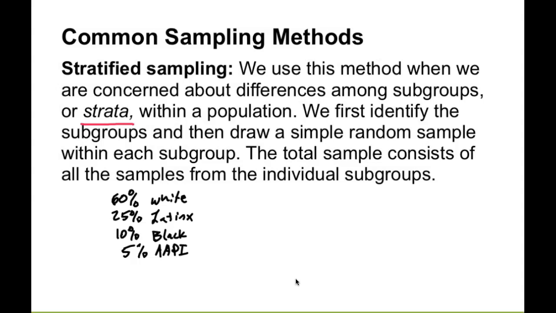So what you would instead do is go, okay, to make sure that this happens, I'm going to make sure that my sample is a random sample that's 60% white people, 25% Latinx people, 10% Black people, and 5% AAPI. Does that make sense? And you would figure out a way to go out into the community and sample that many of each race or ethnicity. And so what you've done then is broken it up into strata. You're not just taking a simple random sample of people, I'm taking a simple random sample of a certain number of each ethnic group. And that way everybody's represented.